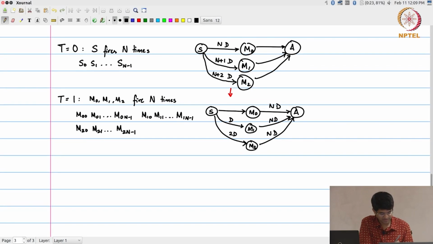And if I take this further, then what I can say is at t equal to 2, once again S can fire, M1 and M2 can also fire. M0 is the only one at this point that does not have any input tokens and therefore cannot fire. But I am not interested in that. I basically want to finish n iterations of this data flow graph. Therefore, what I am going to say instead is that A is now going to fire n times. So at t equal to 2, A fires n times. Those will be the activations A0, A1 up to A n minus 1, and the resulting graph will basically look like